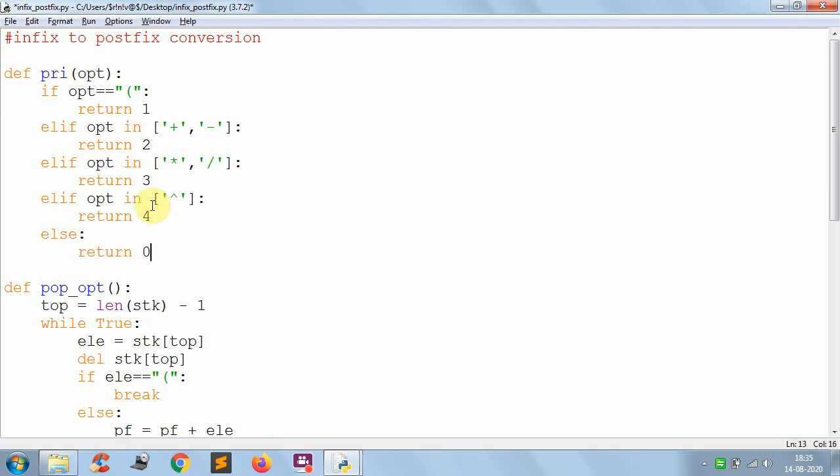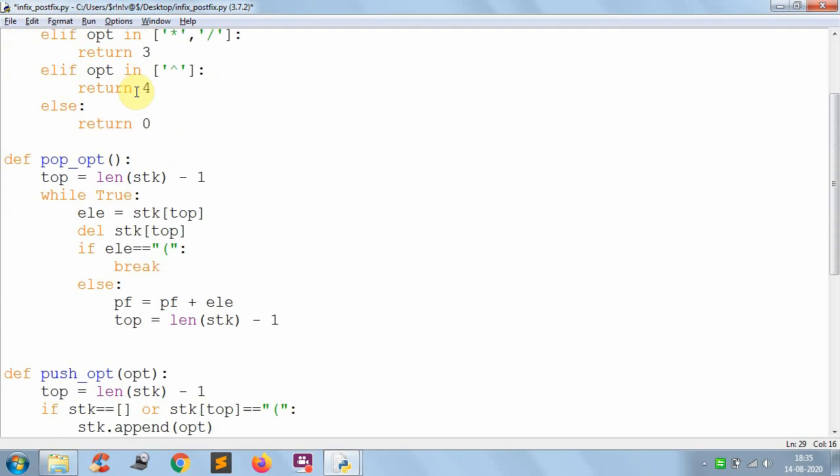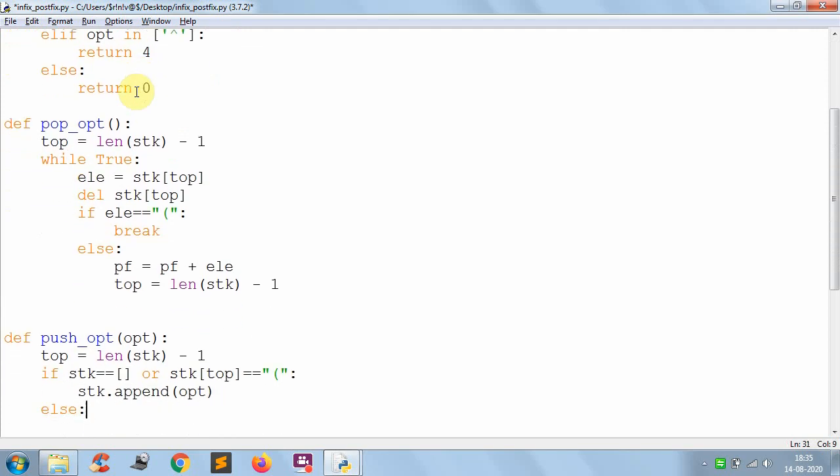So the topmost priority is for the cap symbol, the second highest priority is for multiplication and division, third highest is addition and subtraction, and the lowest is for left parenthesis. So like this I have created the priorities. Now let's write the logic based on the priorities. While, what is the logic here?